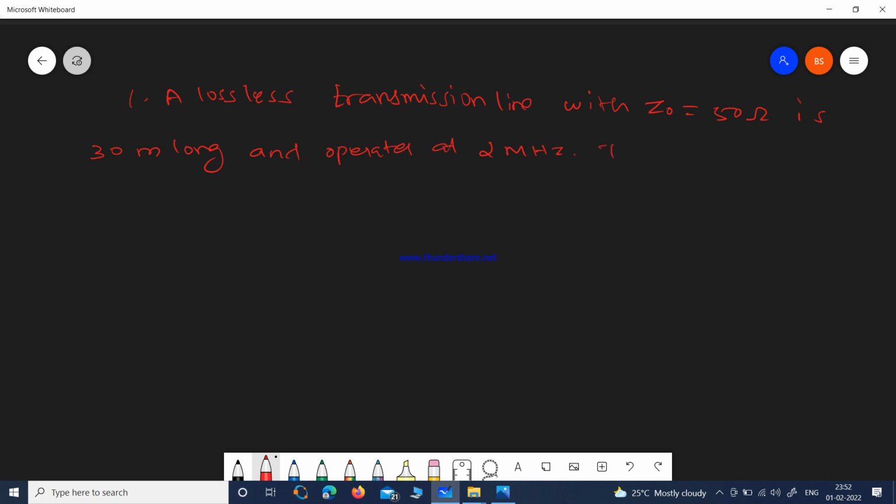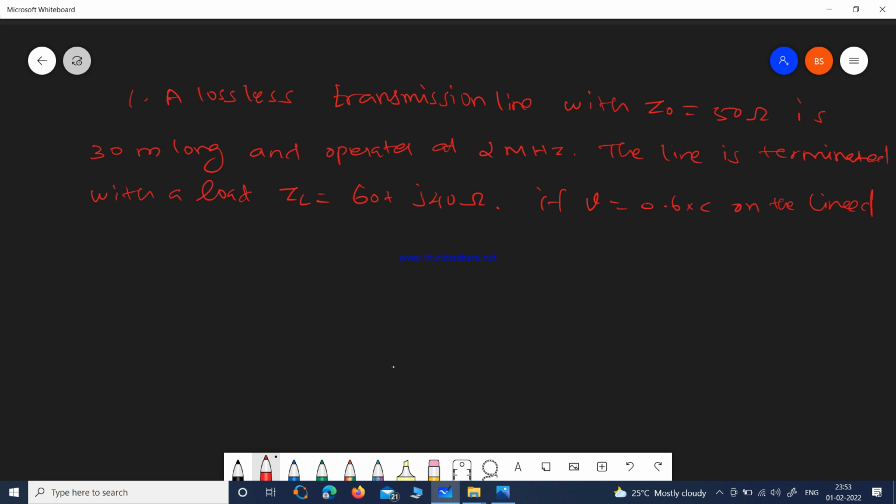The line is terminated with a load impedance of 60 plus j40 ohm. If the velocity of propagation v is 0.6 times the velocity of light on the line,